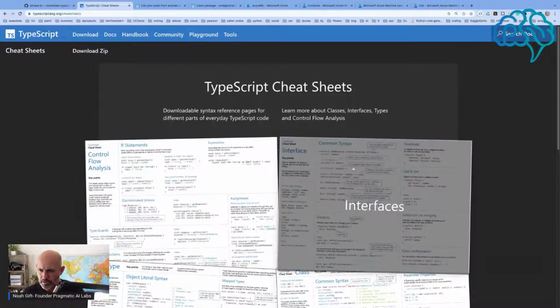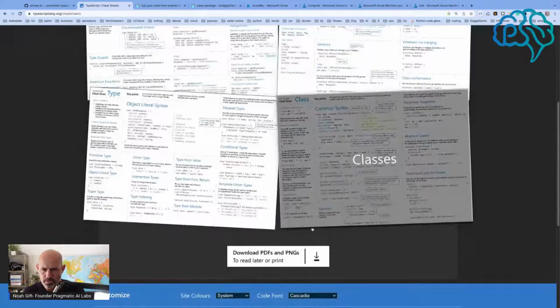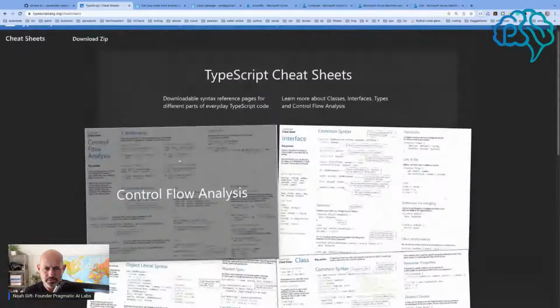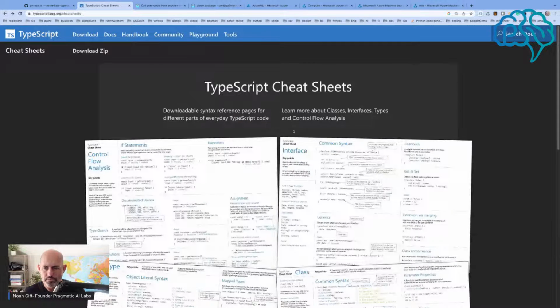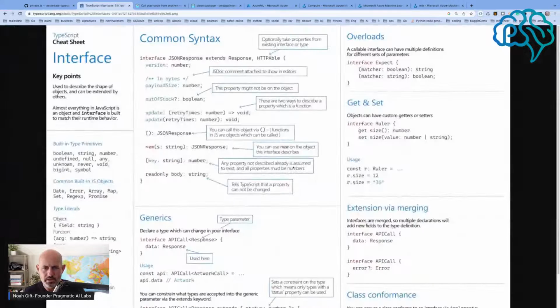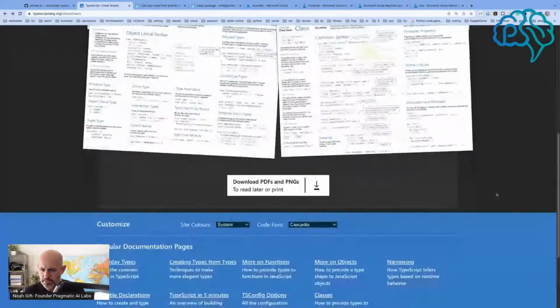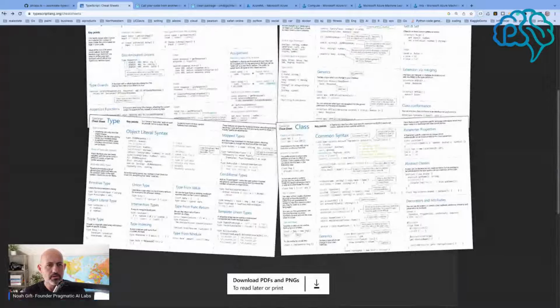Control flow, common syntax, types. Let's look at control flow. So we got properties, type guards, expressions. Okay, what else? Common syntax, getters and setters. What about just printing? Let's take a look at printing, types, class. Those are okay, but